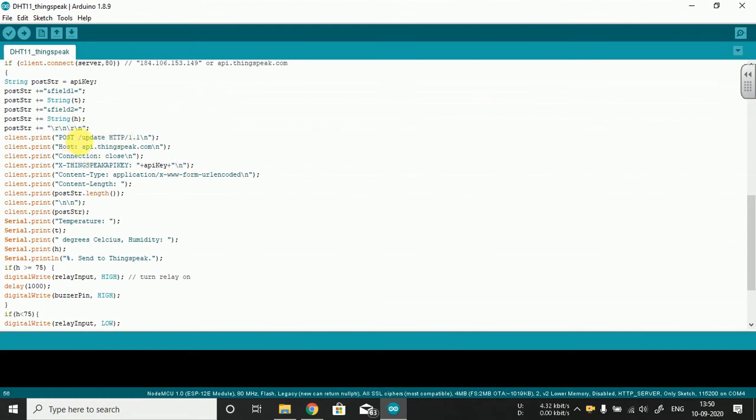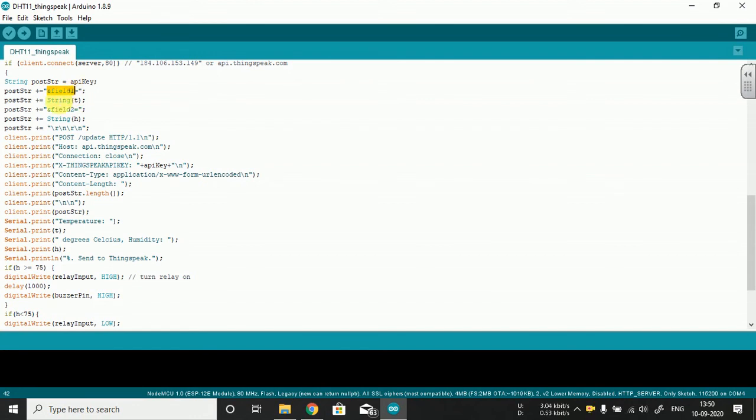And I'm going to use the post command to upload the data. So what I'm posting, I'm updating with the help of HTTP protocol. Okay, that is the server I am using, api.thingspeak.com. Okay, I'll be using a unique API key to upload the data. What kind of data? It can be a temperature T as well as the humidity H in percentage, and I am sending that particular information onto the cloud.